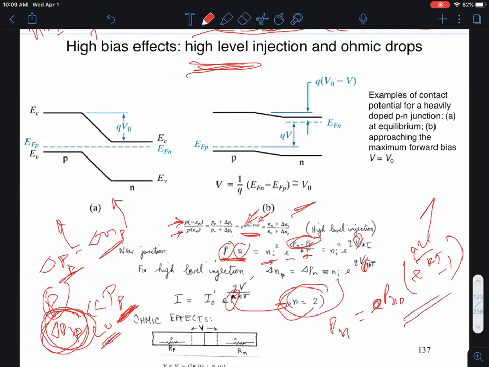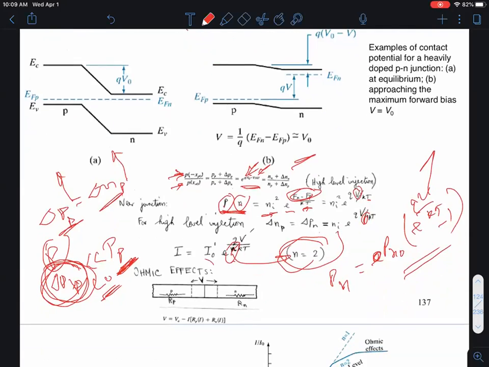Final non-ideality is due to so-called resistive or ohmic effects, okay? And that's shown in this cartoon view over here. So basically what happens is, as I flow current, remember we said that most of the voltage is dropped across the depletion region because that's the most highly resistive part of the structure. But don't forget that the undepleted P and the N region also has a certain resistance, which I call now RP and RN, right? And if I flow a current far away from the junction, remember we said that it's majority carrier drift current,